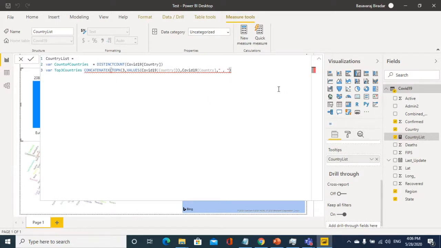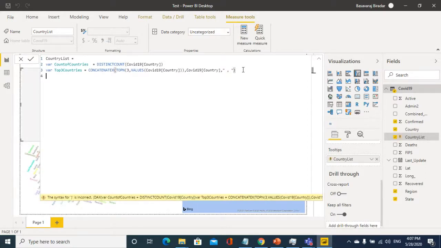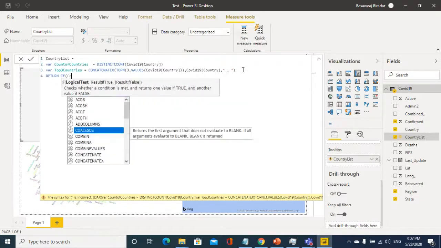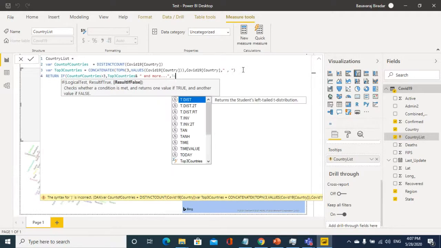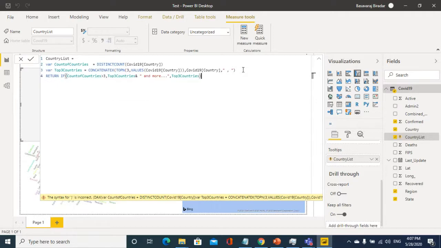Then while returning, I'll check how many countries are there, count of countries. Is it greater than 3? Yes. If it is greater than 3, then return top 3 countries, concatenated with "and more." And if it is less than or equal to 3 countries, just return those top 3 countries. So that's all.